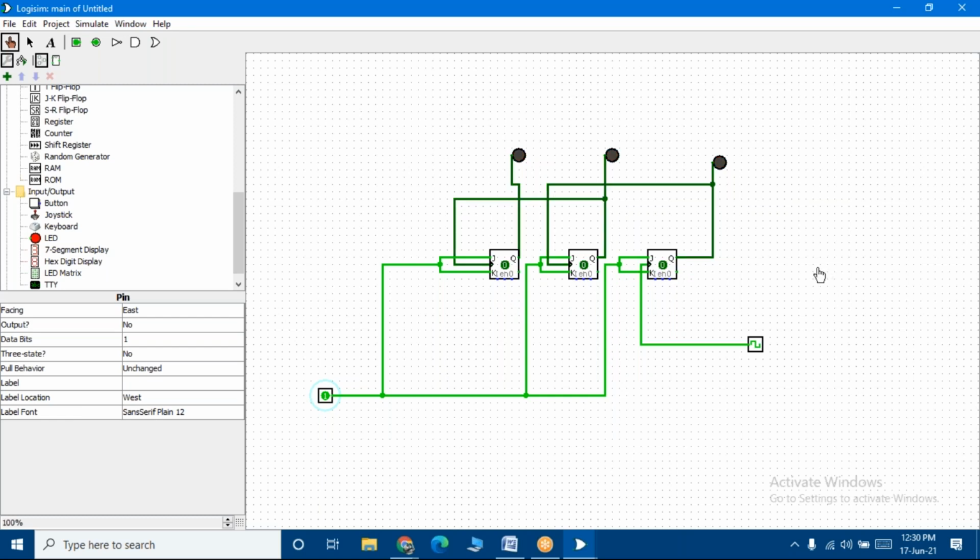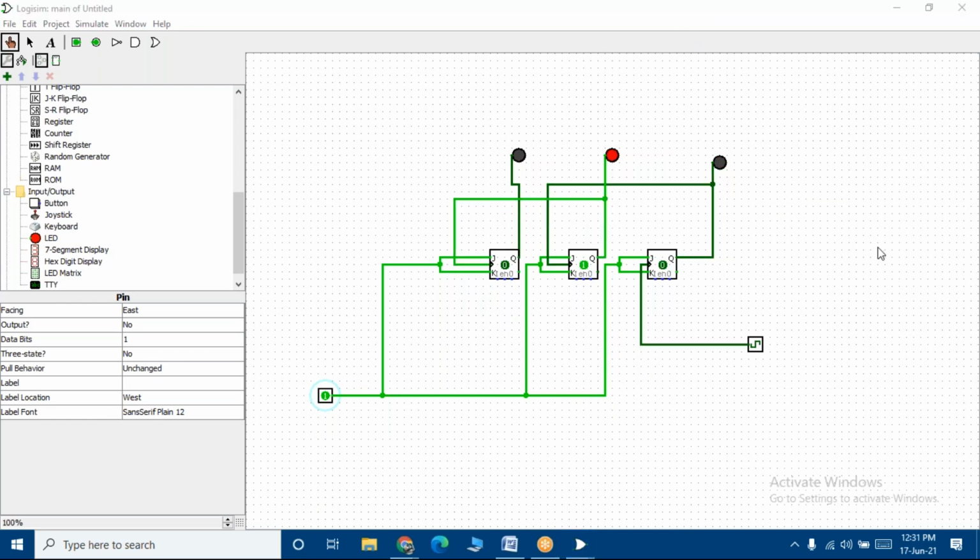Again after that it's going back to 0 0 0 0 0 0 1 0 1 0 0 1 1 1 0 0 1 and 1 1 1. Students, are you able to see the output? Yes, Guru Prashant, good.